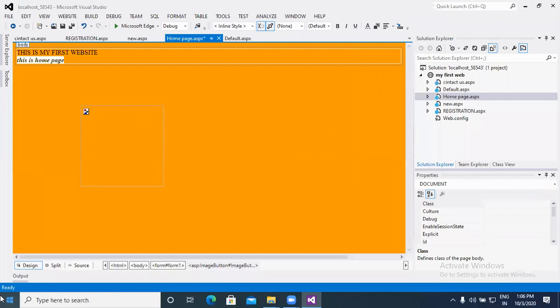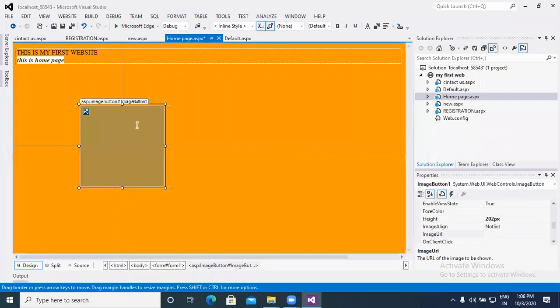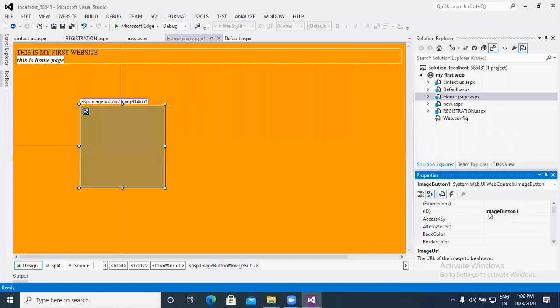So in the image button, the basic things, let's check the properties of the image button. Under the image button, the prefix is imgbtn. Access key is useful for a shortcut if you wish to use any control. Alternate text is used if the image is not displayed; at that time the text is displayed with the help of alternate text.